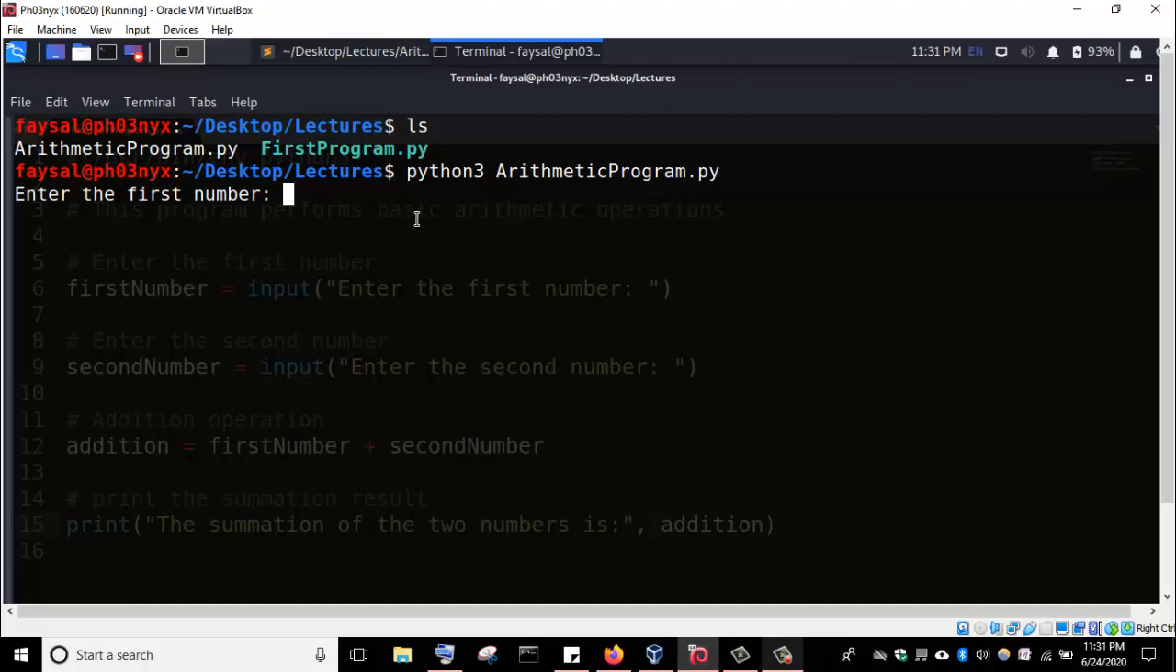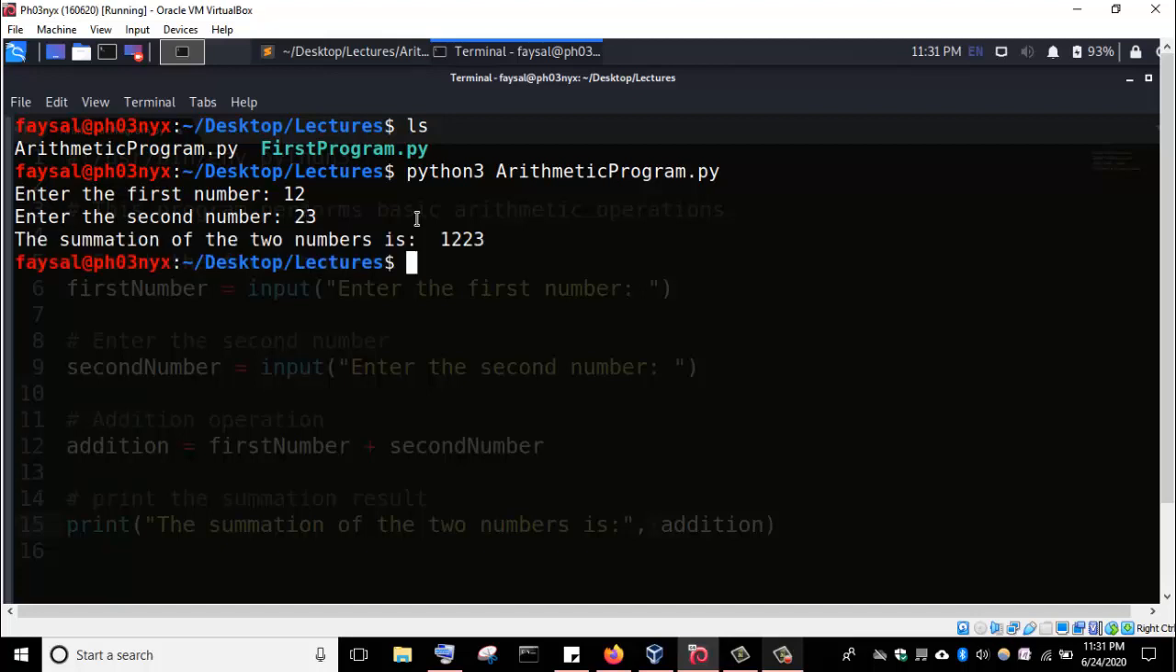Enter the first number. So let's assume some numbers. Make it 12. Let's say the second number is 23. Okay, 23. Okay, so we have the summation of the two numbers is 1223, which is logically wrong. Okay, so the syntax is correct. We are having what we call a logical error here because the summation of 12 and 23 is not right. So basically, what this is doing, input function, when input function executes,